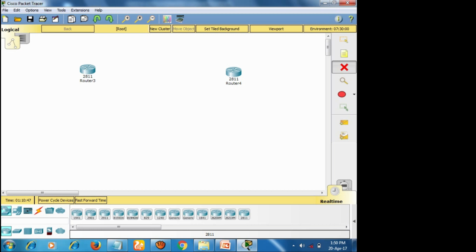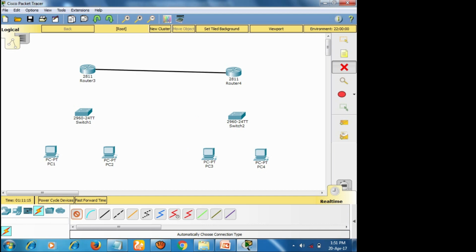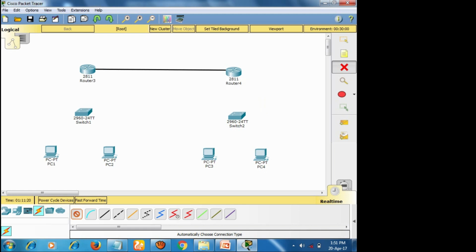So assume that I'm just interconnecting all the routers, and look at here.